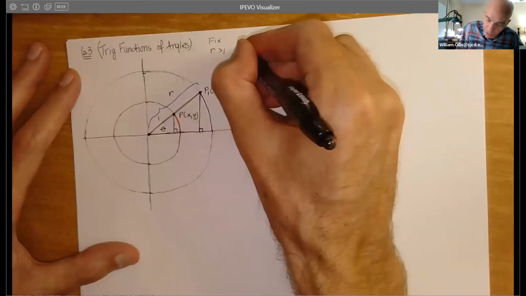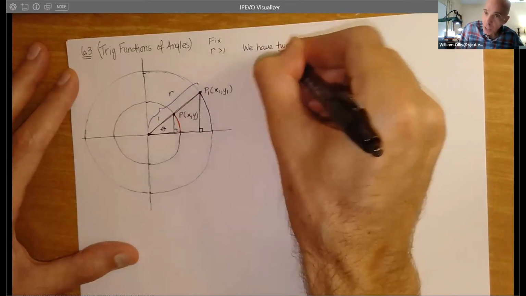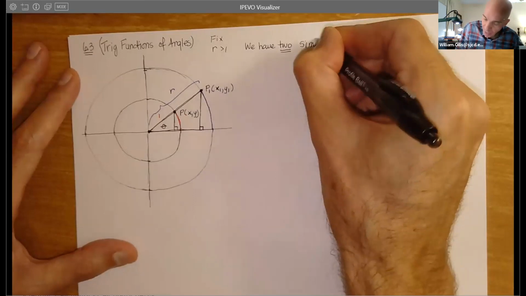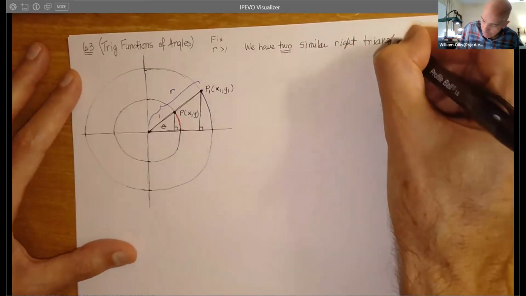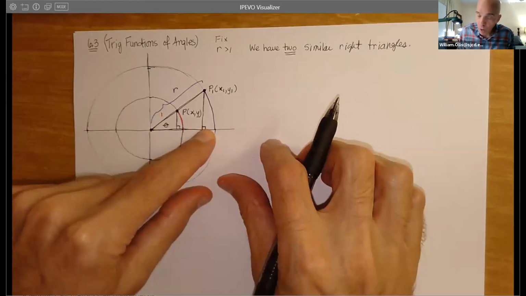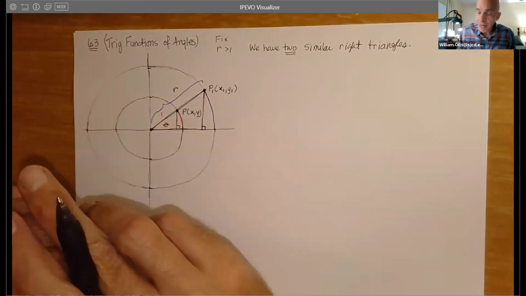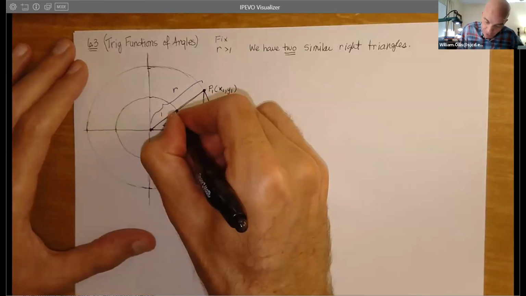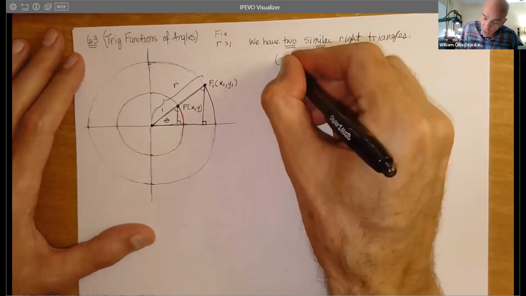So we're going to use the law of similar triangles. We have two similar right triangles. That is, they have the same angle here, right angle and theta, and so the third angle, by the 180-degree angle sum, must be the same. So this angle here and this angle here, they're congruent. So these triangles are similar. So this means ratios